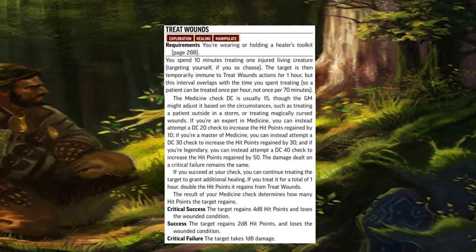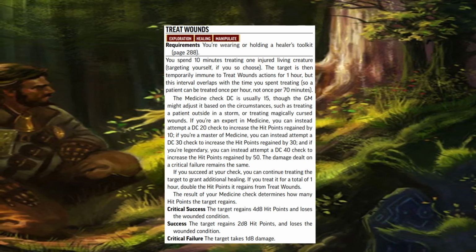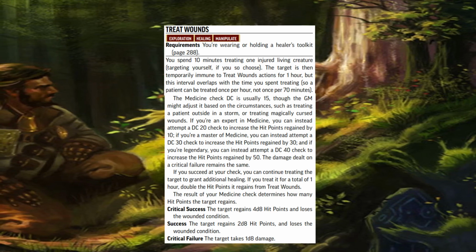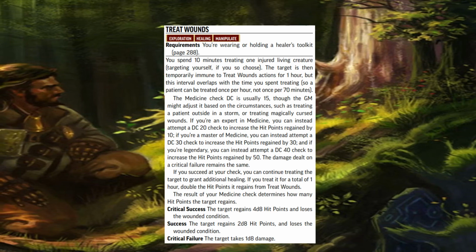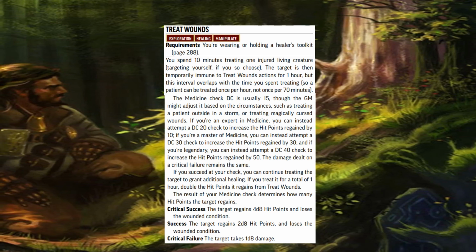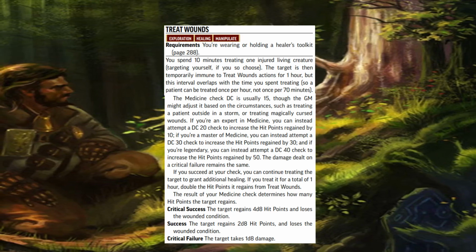If you succeed, you heal 2d8 hit points. But if you critically fail, you deal 1d8 hit points to the target. And of course, if you fail, you don't heal anything. If you're an expert in medicine, then you can increase the DC to 20 to add 10 hit points to